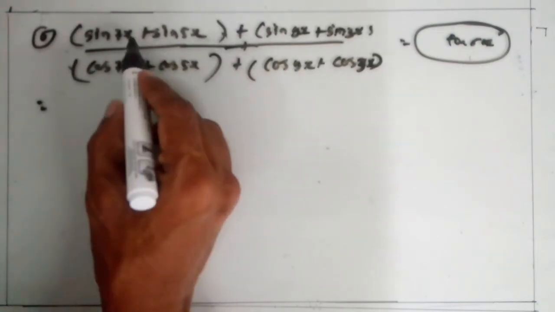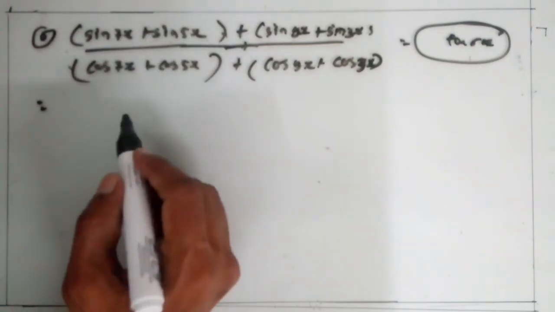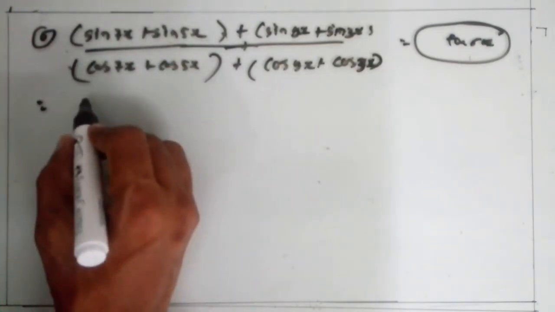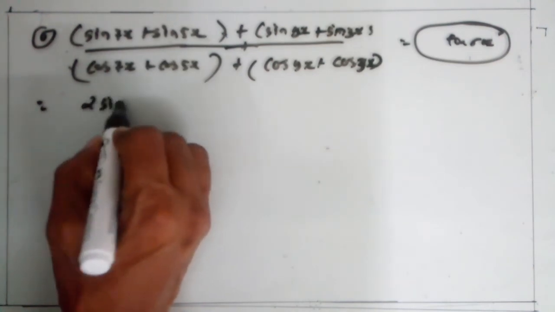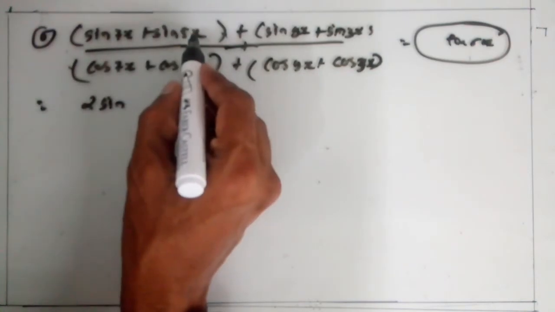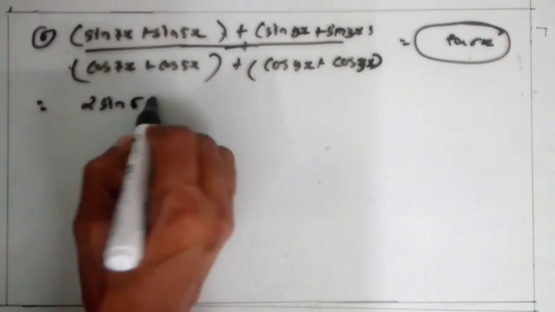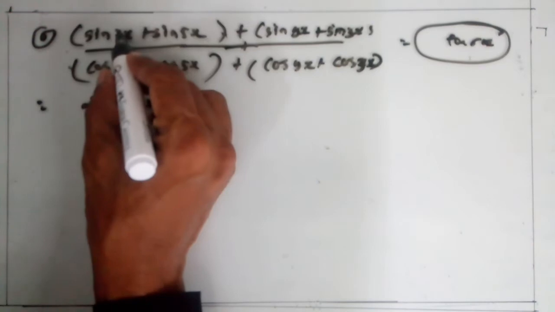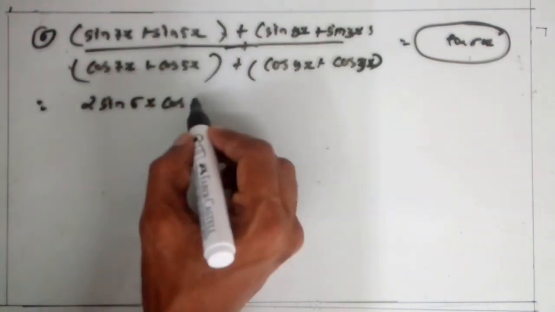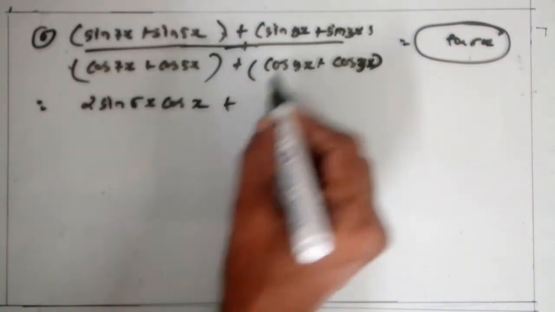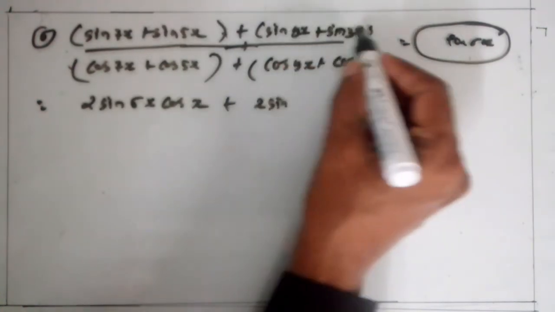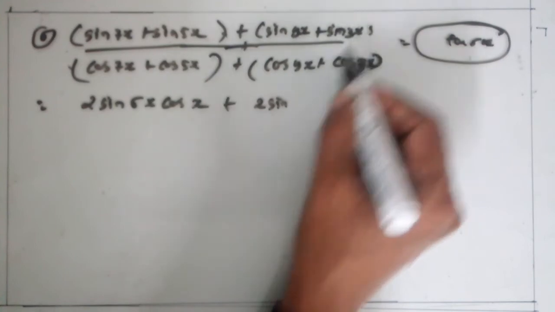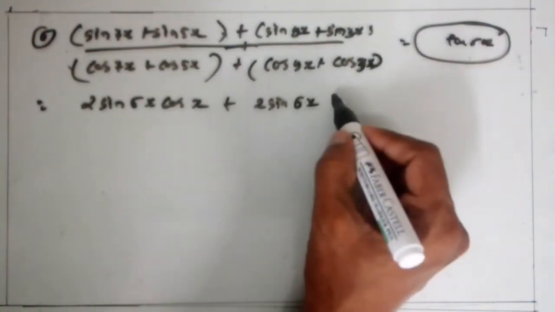Here apply s plus s for the first bracket, s plus s is 2sc. So 2 sin, (7x plus 5x), 12x upon 2, that is 6x, into cos (7x minus 5x), 2x upon 2, that is x, plus same for this here, 2 sin (9x plus 3x), 12x upon 2, that is 6x, into